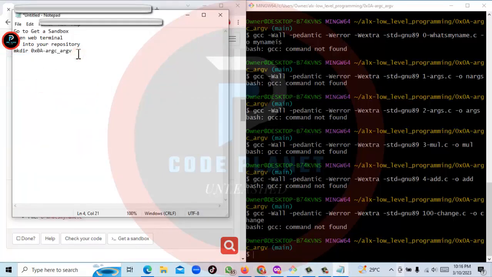then hit enter. So after creating that, the next thing you need to do is to create readme.md file using your vi editor, and then next is for you to create main.h file, and then you also create your _putchar.c file, after which you now start creating your individual files,